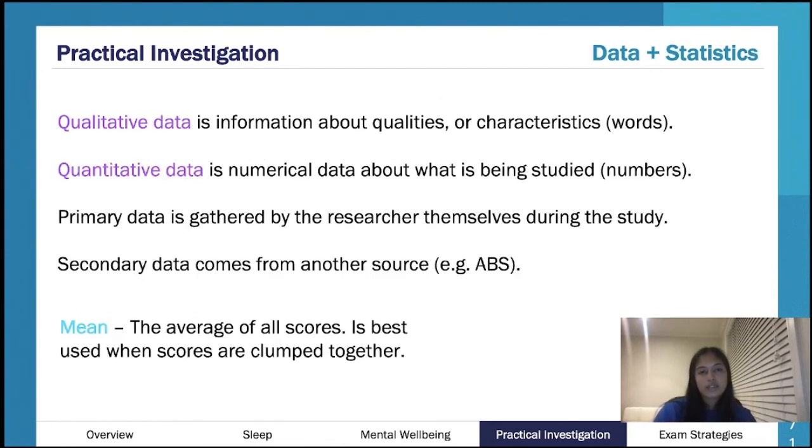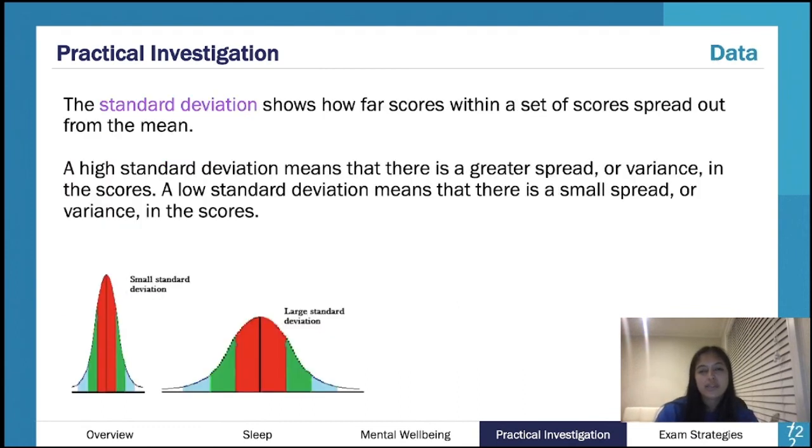Okay, so qualitative data, descriptive stuff, you're thinking about words. Quantitative, you're thinking about numerical data. You should know the mean. The mean is just the average. VCAA never really makes you calculate anything. Like here we have standard deviation because it's in the study design, but I don't even think I ever came across a question with standard deviation. But in saying that, you should know what it is. I don't want to say that and then it's like all over the exam. But yeah, mean and standard deviation are all you really have to know.